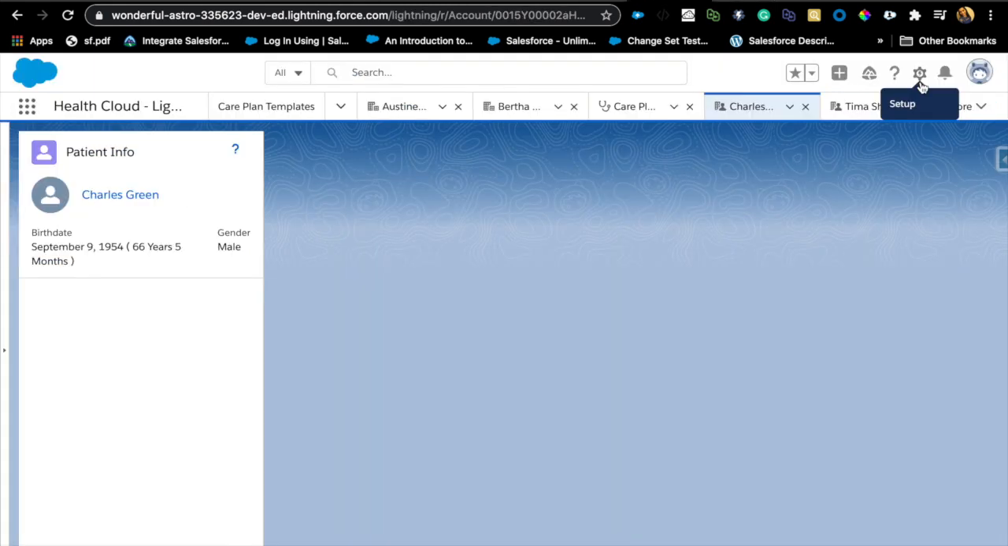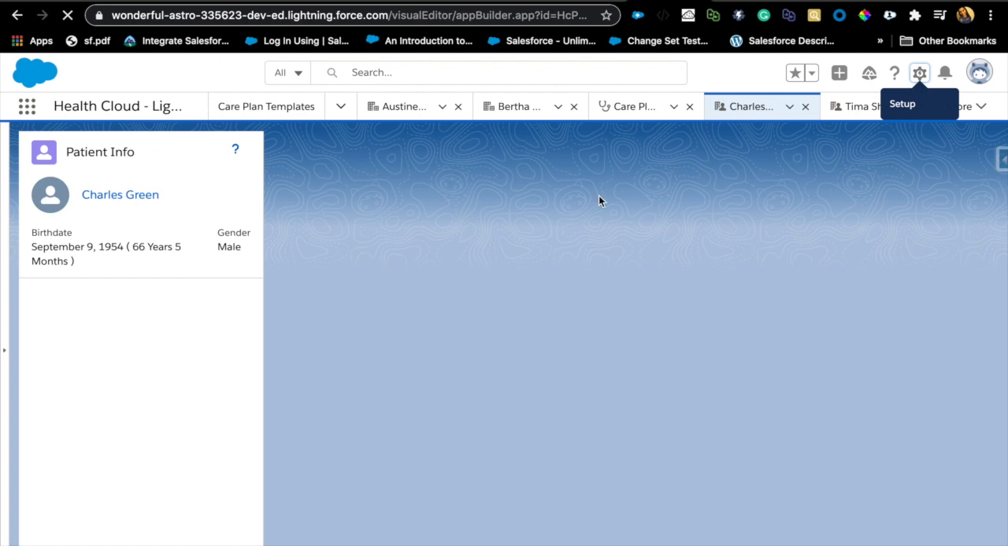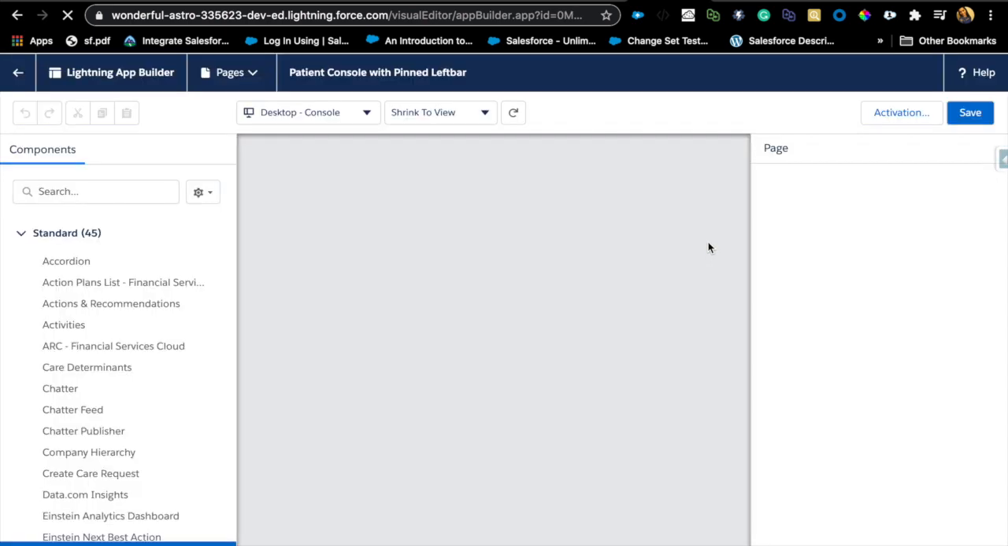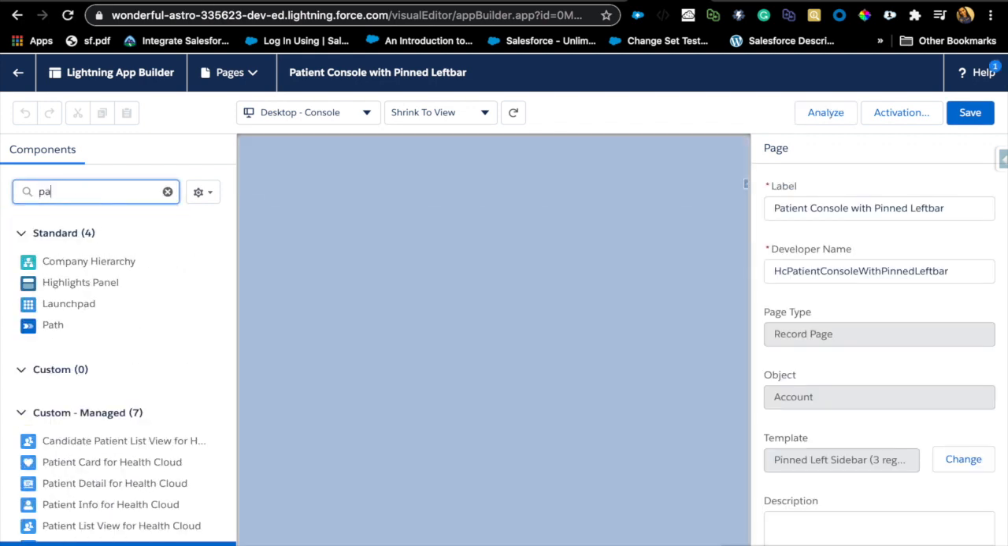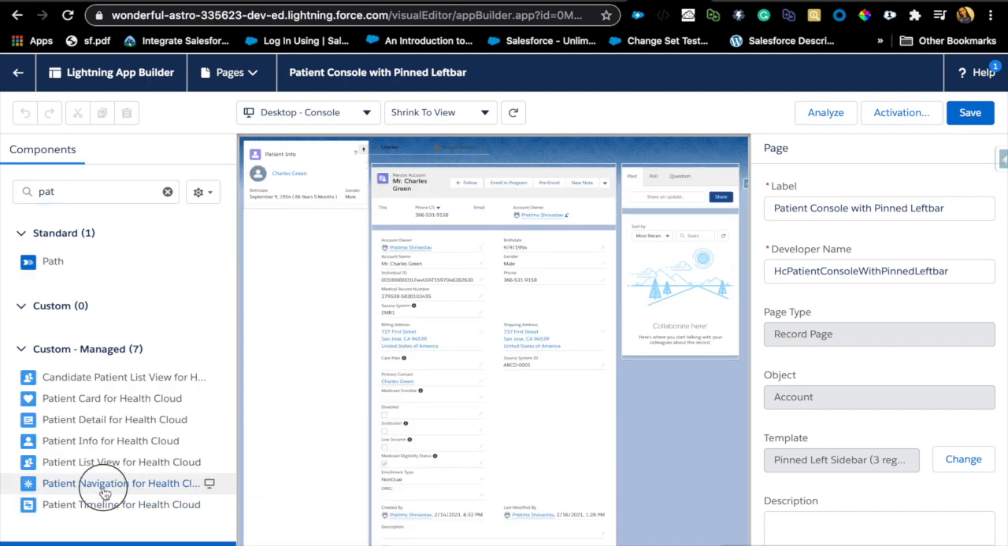After we remove everything from the patient page, you will notice that everything is gone. So basically, you can remove and move things around, but definitely don't remove that patient navigation tab, because if you remove that, you're going to run into issues where you're not going to see anything. So it's not going to auto populate, because that's what was controlling it. So if I go back to component and hit patient navigation for Health Cloud,